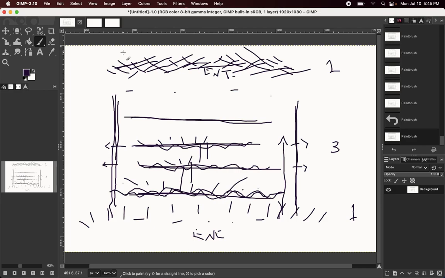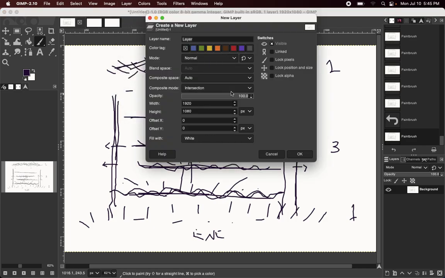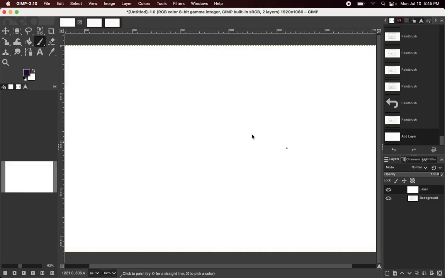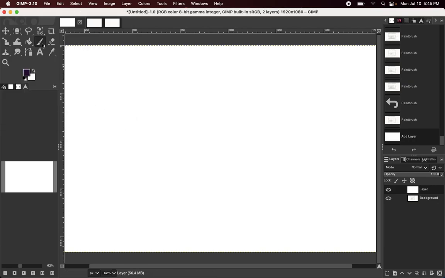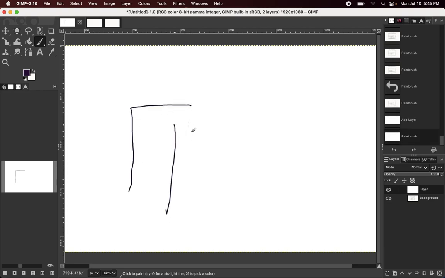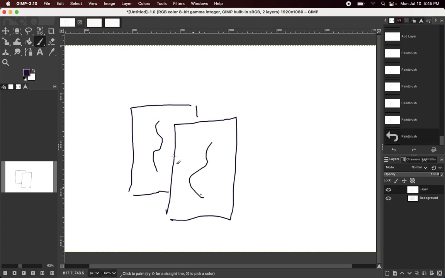So let's just create a new layer here. If we think of, for instance, the cyclic universe model, which says that there are these two branes, you can call them fields, and that they bump into each other.